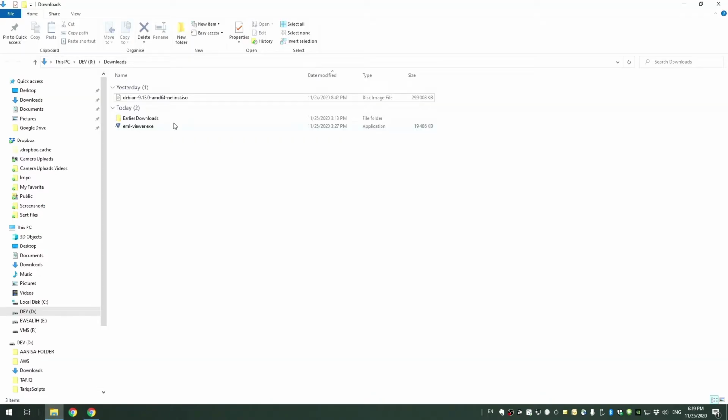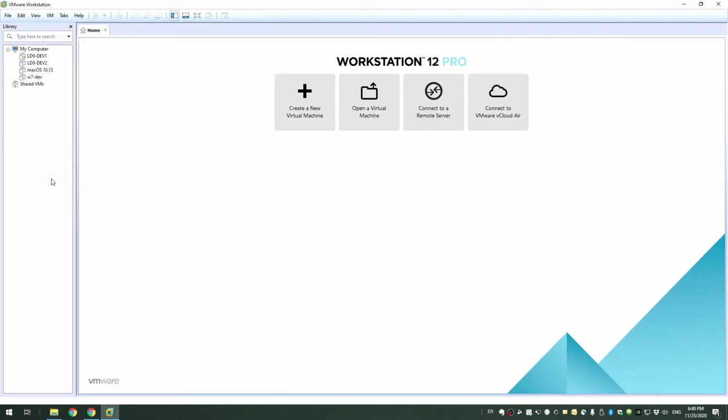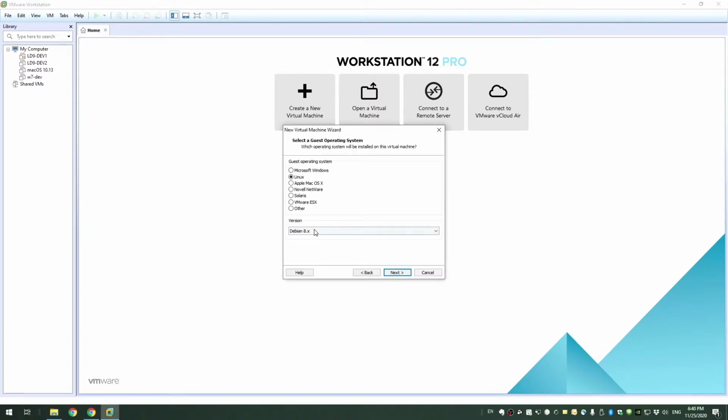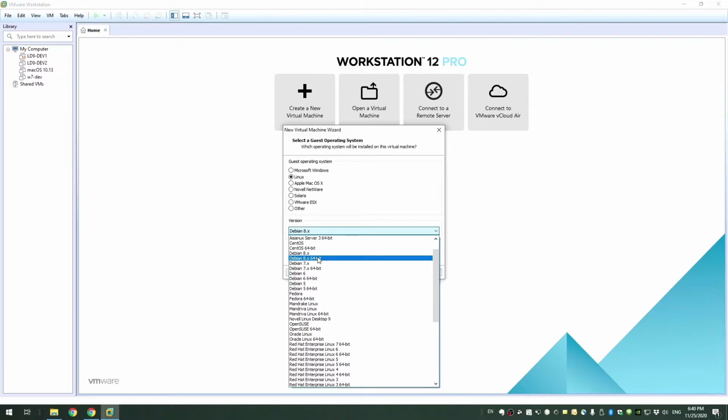So it's downloaded. Let me open up this virtual machine and we are going to create a new virtual machine. I'll select the typical one, browse the ISO, click on next, select the operating system and the version. And if you don't have it available, like the Debian-9, you can select the latest one. I'm just selecting Debian 8 x 64-bit